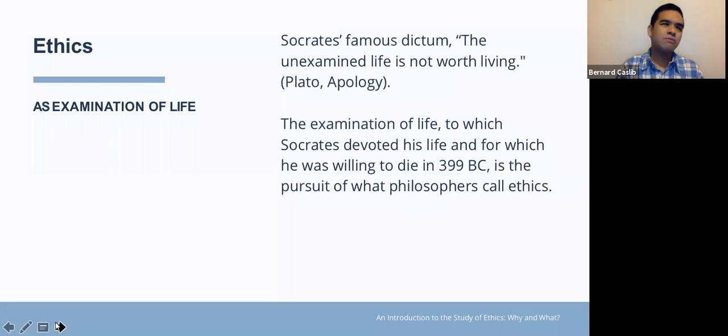It was just an attempt at looking at one's own life and understanding what it means to be a good person, what it means to be a person whose soul has been assured of, say, immortality, because the person whose soul has been examined